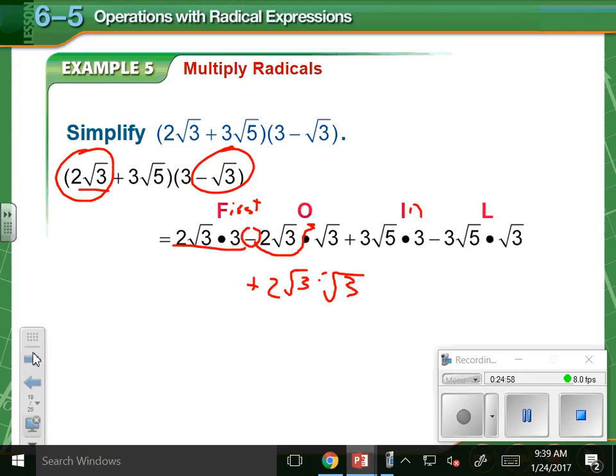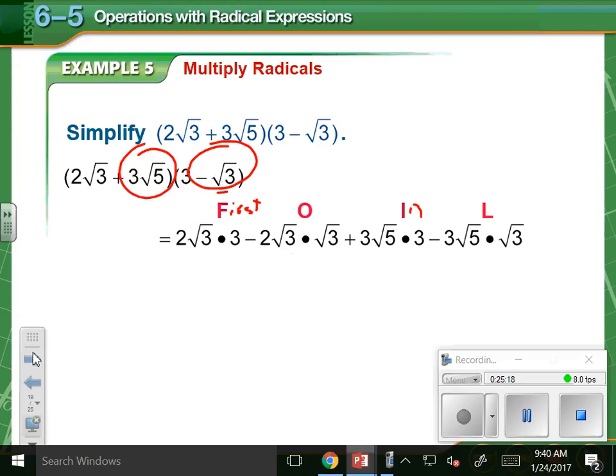is 3 root 5 times 3. That's these two that are on the inside closest together. And then you have your last terms. That one times that one. So when you multiply them together,